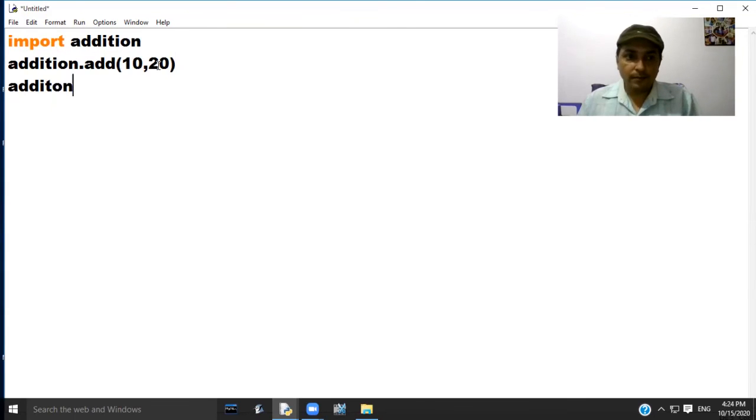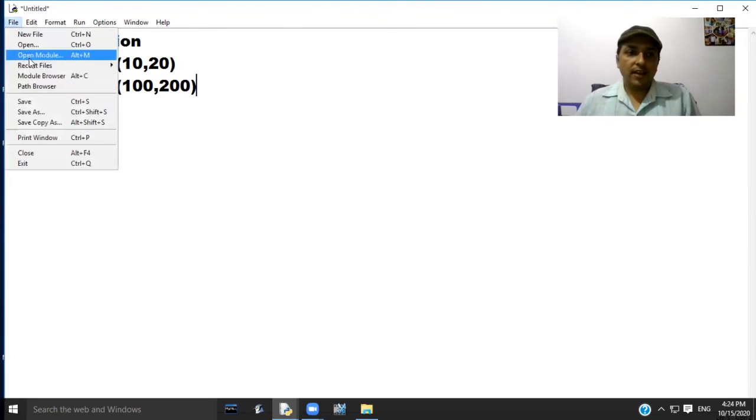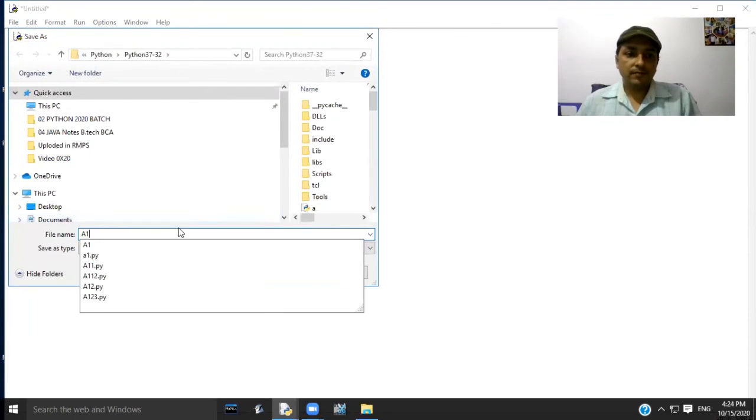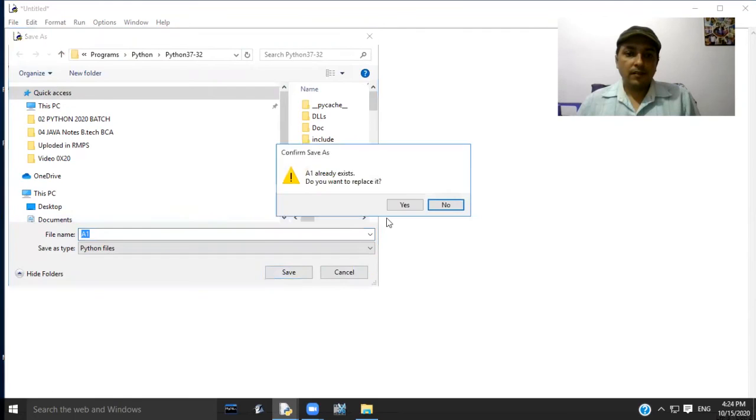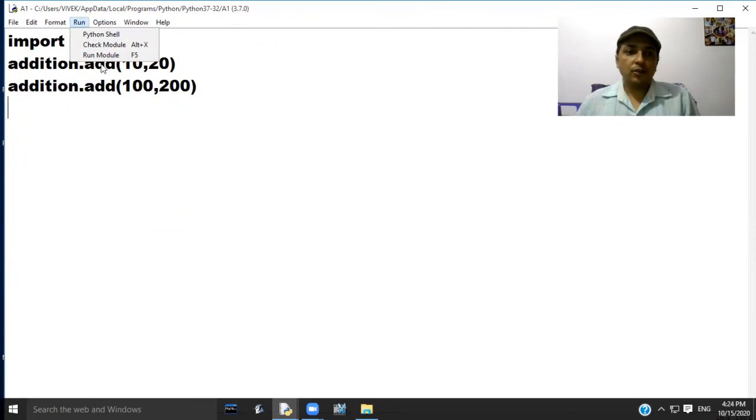Addition is our module name and add is our method name, and we are passing values 100 and 200. Now save this file and click at option run to test your module.